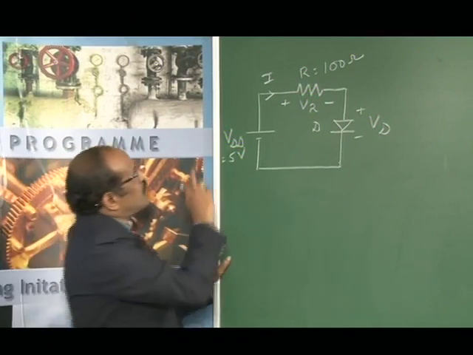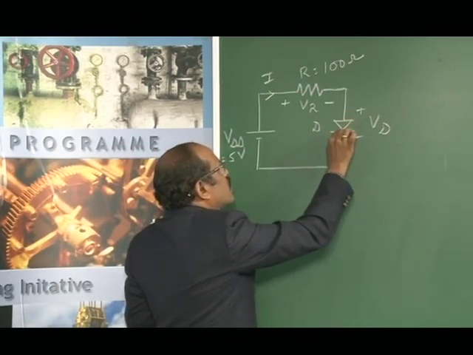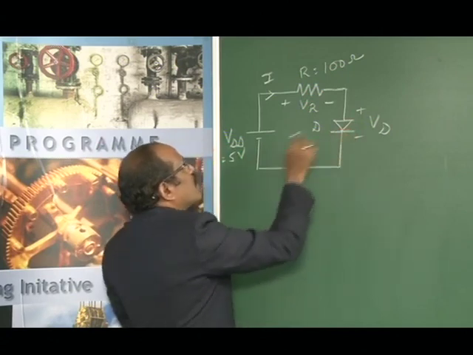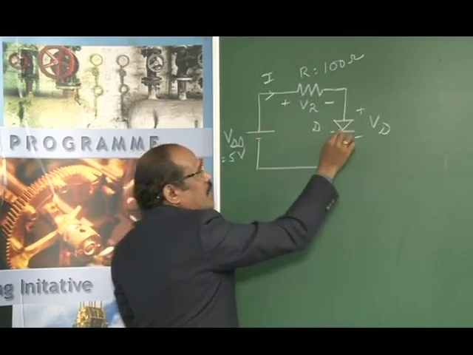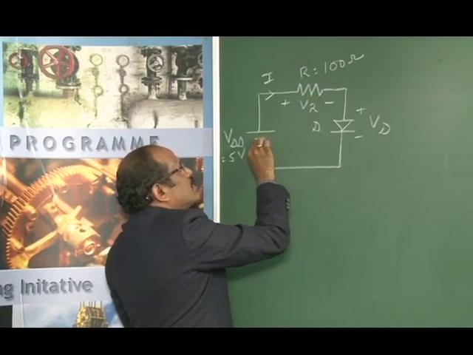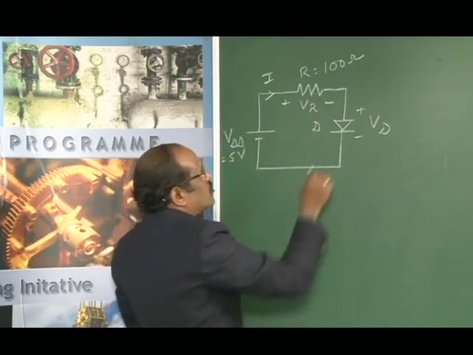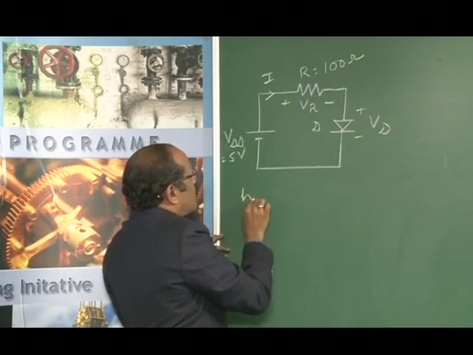So here you can see that this is a diode anode, and this terminal is called the cathode. The anode is connected to the positive terminal of the DC supply, whereas the cathode of the semiconductor diode is connected to the negative terminal of the DC supply. So what happens? The diode is forward biased. So when the diode is forward biased,